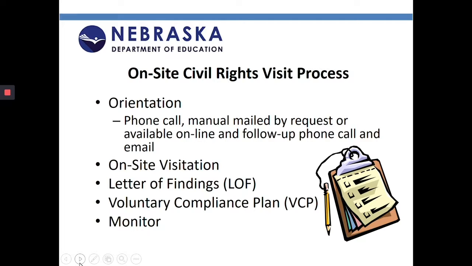After the letter of findings, the school and district is responsible for a VCP, which is the voluntary compliance plan. That compliance plan basically outlines how you as a school and district will meet the things that were non-compliant and different things to do to make sure that you are compliant. And then after that is just monitoring to make sure that those things are done, especially like if it's a facilities change, we need to allow time for you to make those changes. So monitoring when you plan to do that and when it is done.